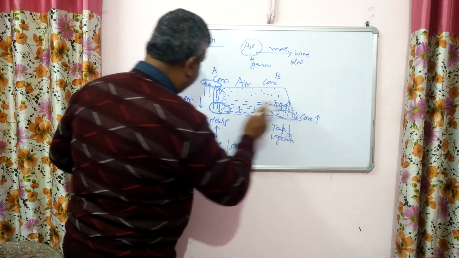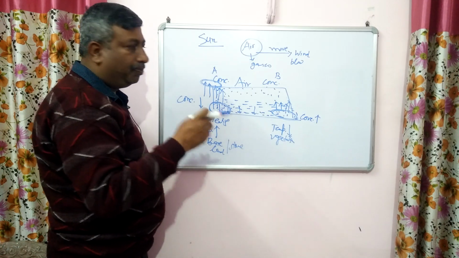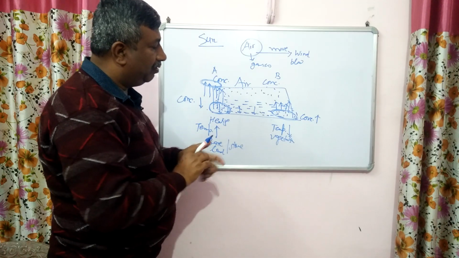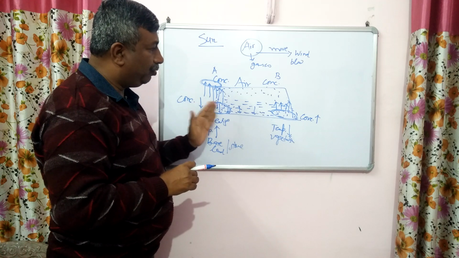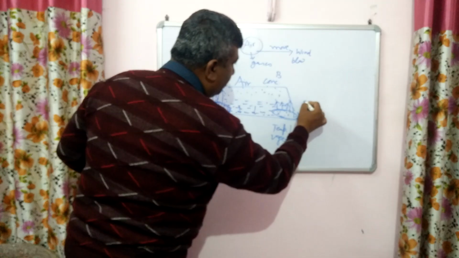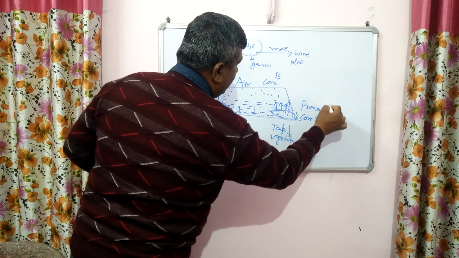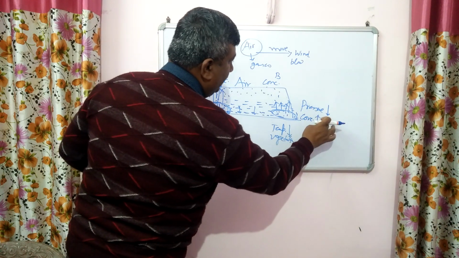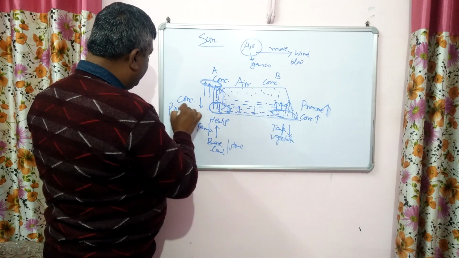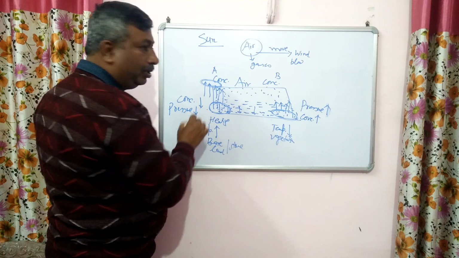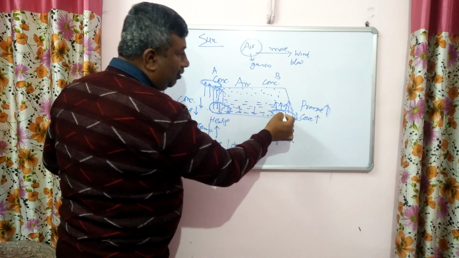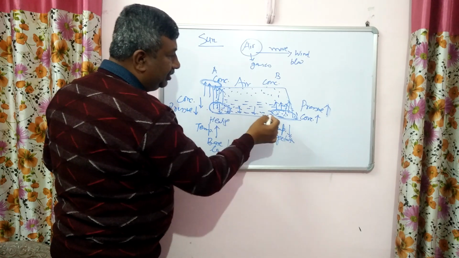If we compare the number of molecules on both sides, here the molecules of air or gases will be more as compared to A because of low temperature. So here the air pressure, or we can say temperature pressure, is more, and here pressure is low, because more molecules, more pressure; fewer molecules, less pressure. So now concentration is high and concentration is low.